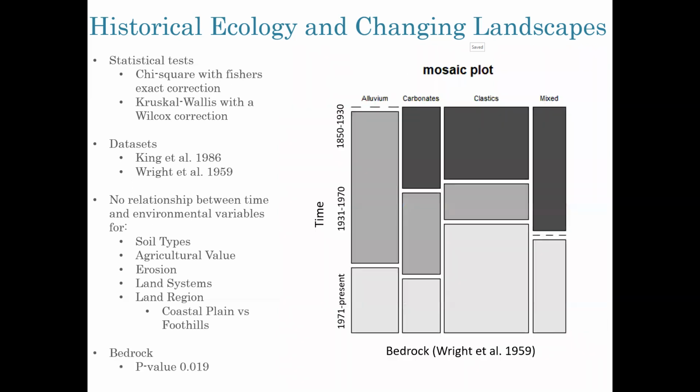However, the bedrock does seem to have some type of statistical relationship where we see that in earlier time periods, there is more favor towards carbonate and clastic and mixed bedrock types versus in later time periods, including time bin 2 and time bin 3, we see an increased establishment of communities on more alluvium soils or alluvium underlying bedrock areas. So this is statistically significant with a p-value of 0.019. So in general, it looks like these ecological variables weren't super influential in terms of where people were choosing to establish new communities, but likely it was different social variables that we can track and discuss through these historic